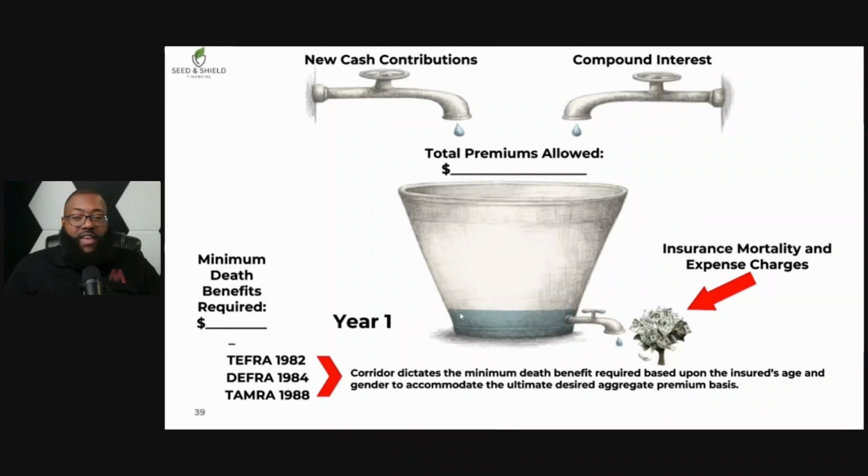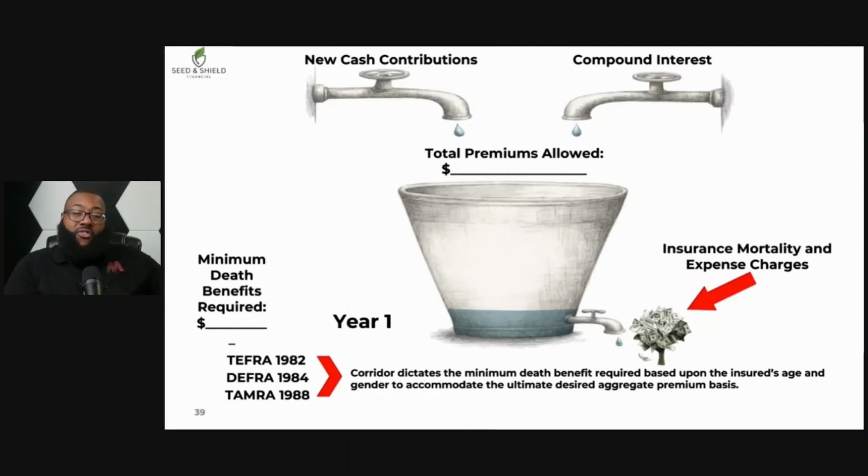So the way it works, again, we break your bucket amount over 5 years. The reason why you can't just put it all in there is because people would take advantage of that. People would pour millions of dollars in there and hide it from the government. Again, it's not an investment. It's not money laundering. It's to make sure it's within the confines of an insurance policy that's protected by TEFRA, DEFRA, and TAMRA.